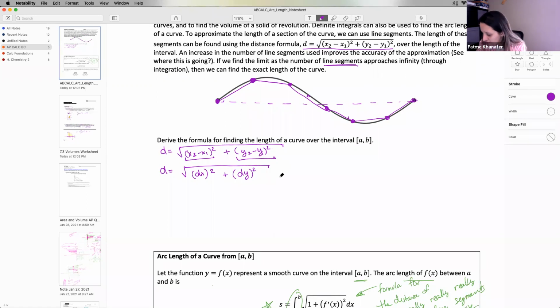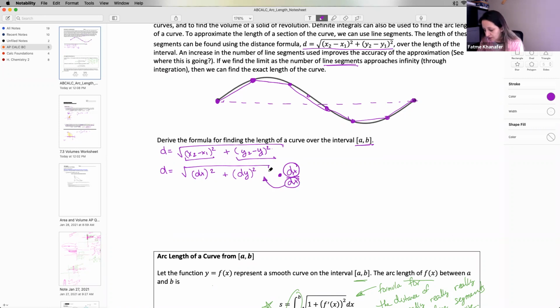All right, the next step in deriving the formula for length of a curve over the interval comes by multiplying this distance formula by dx over dx. So by multiplying by dx over dx, remember we're not changing anything, okay? This dx over dx is technically still 1. But remember, this is a proof of how they got to the distance formula. So by multiplying by dx over dx, and next we wanted to move one of these dx's into the